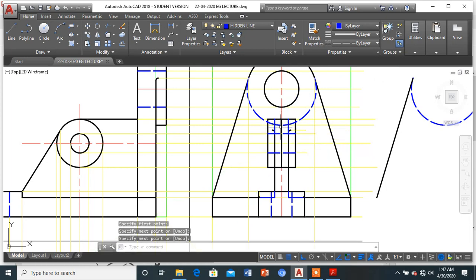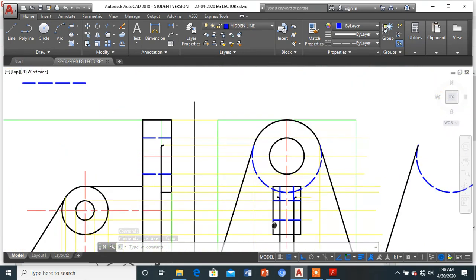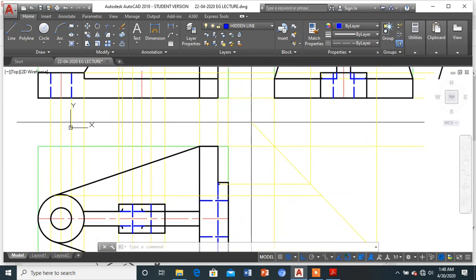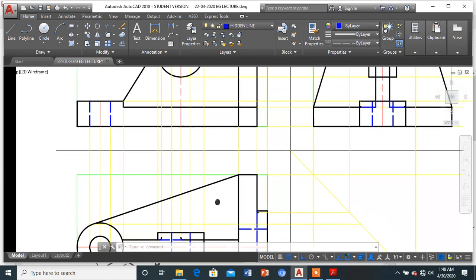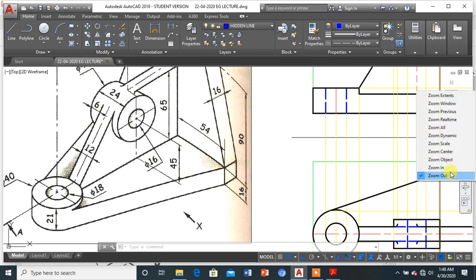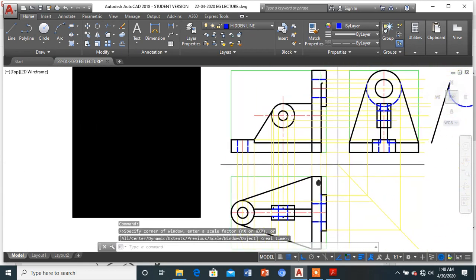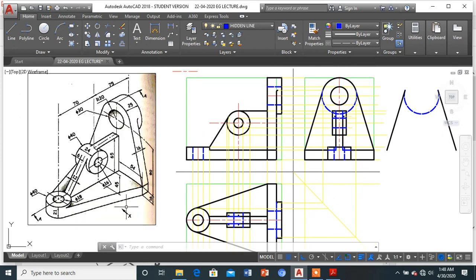Okay, so once we are done, and this particular line is not required, as you can see, all the views are done: front view, left hand side view, as well as the top view. You can see it very specifically from the question's diagram. To be specific, with the question diagram along with the solution, you can see it very clearly. Now let us further proceed for the sectional view. The sectional view is a sectional front view along section AA, as you can see.